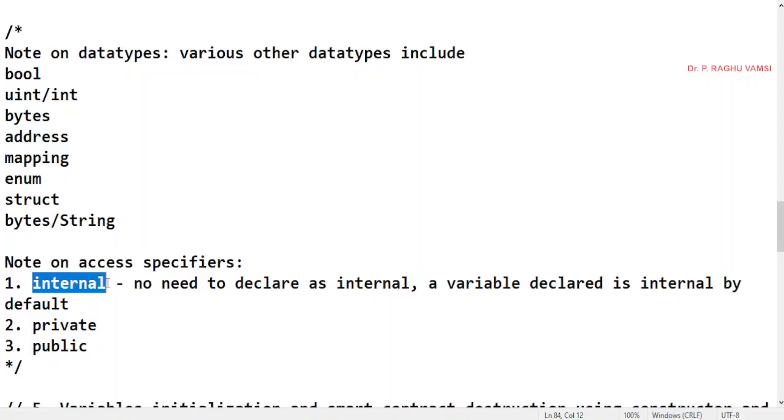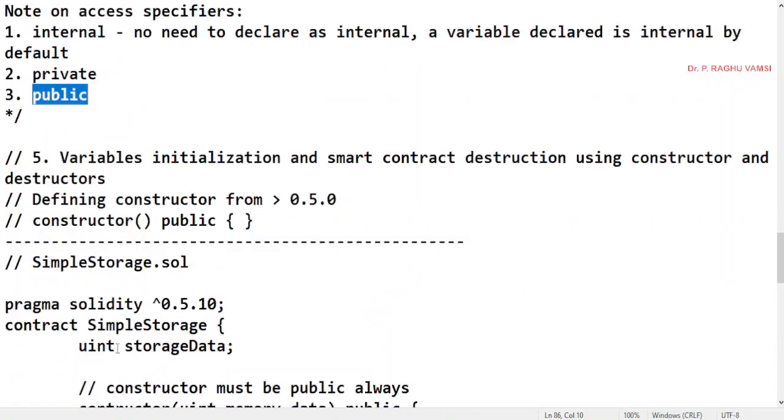Like that, internal: a variable declared is internal by default. Private: if you don't mention any access specifier, by default that variable type is private. To make a variable public, one must mention public as the access specifier.